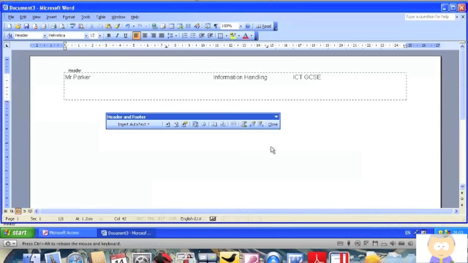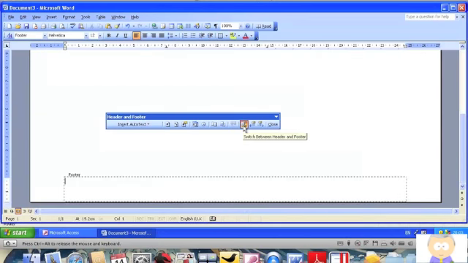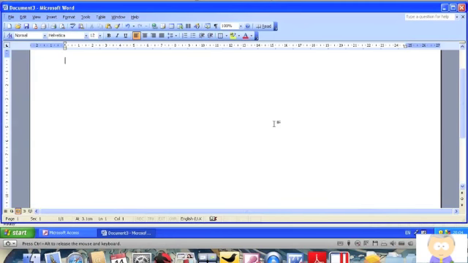What you need to do then is to switch to the footer, and on the footer we need to type Abertillery Comprehensive School, and over on the right hand side print 1. Then we close that by hitting the close button,